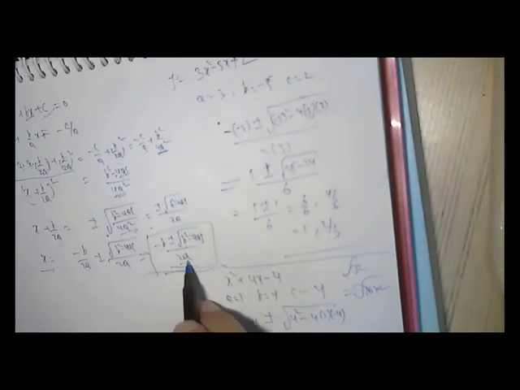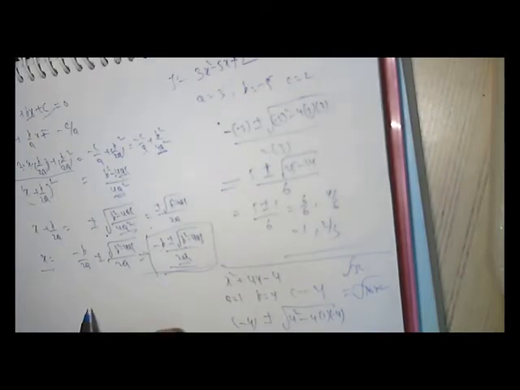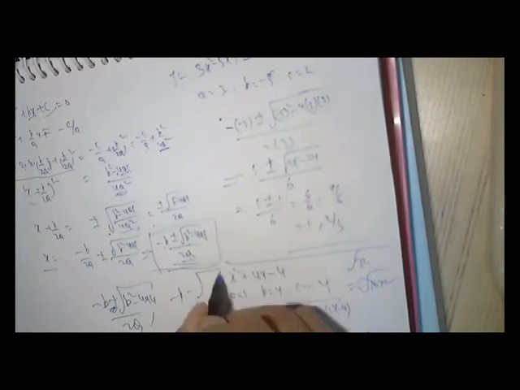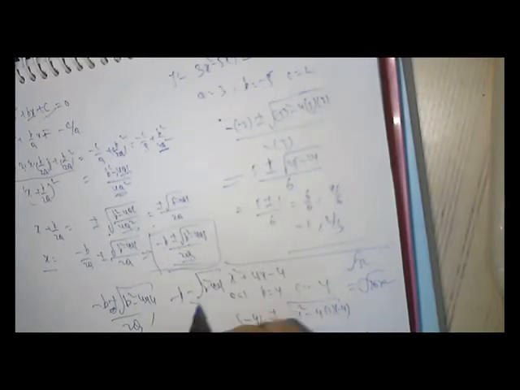See here what we got as the roots of the equation: minus 2 plus root 2 and minus 2 minus root 2. So this is by the squaring method. This is how the formula arrived for a general equation. So what is the formula? What are the roots? Minus b plus root of b square minus 4ac by 2a, and minus b minus square root of b square minus 4ac by 2a. Okay.